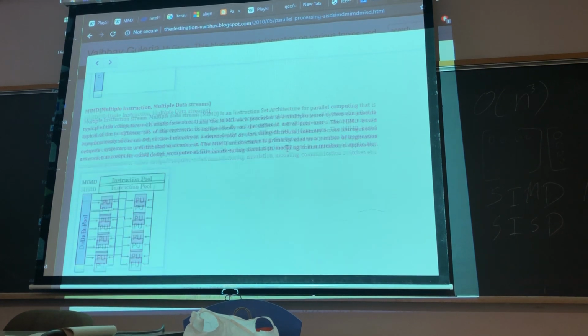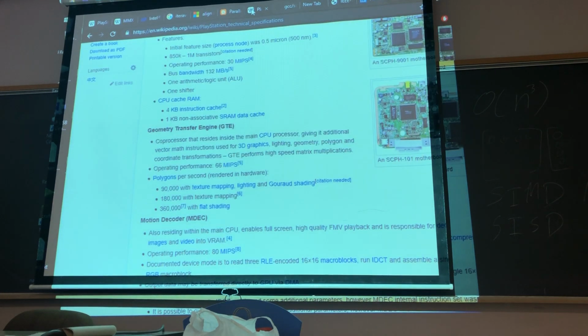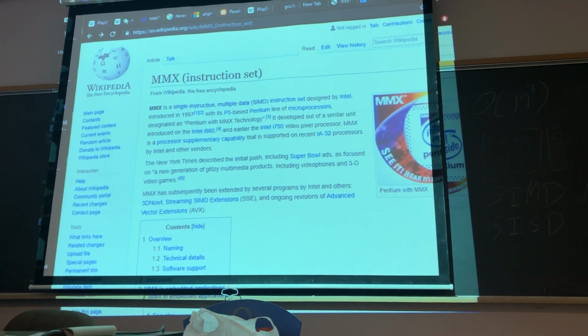And lastly, multiple instruction, multiple data. This one is pretty obvious. You have a bunch of data that you're running a single instruction on, and you have another bunch of data, same type of data, you're running another instruction on. Pretty cool. Okay. Now, why is this important to us? Because you guys are going to be learning about how to use that extended instruction set on your computers. Okay? So going back to MMX,